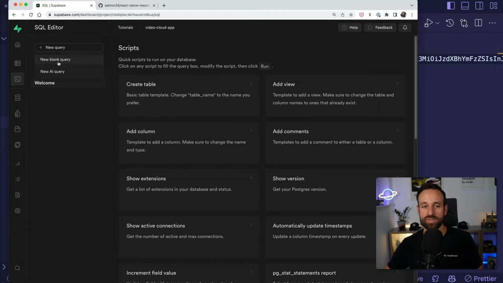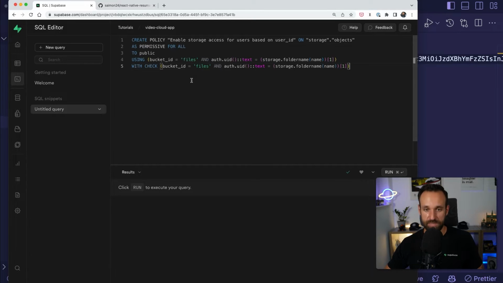with the query editor. So I'm going to do a new blank query here and paste this in. So I want to create a policy on storage objects for everything. So read, update, create, update, delete. Using bucket ID files, and my auth ID should be equal to the folder name. So that means a user with the ID 123 can only access files under files/123. That's the idea that we can enable here, run this,